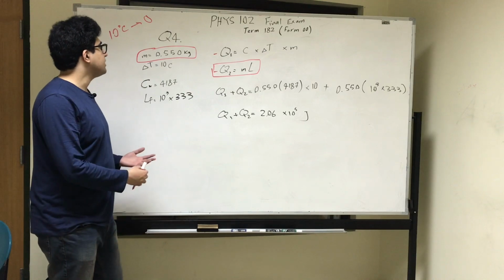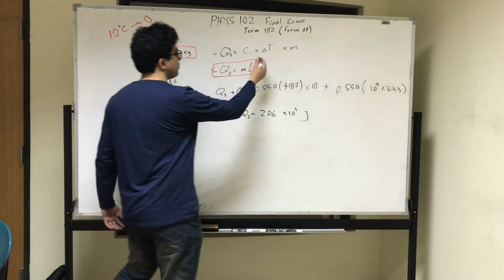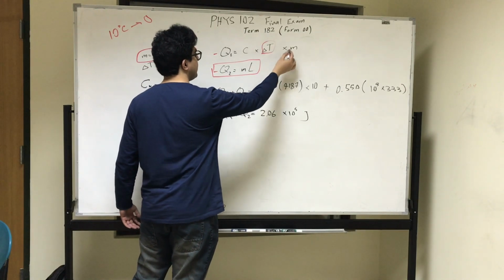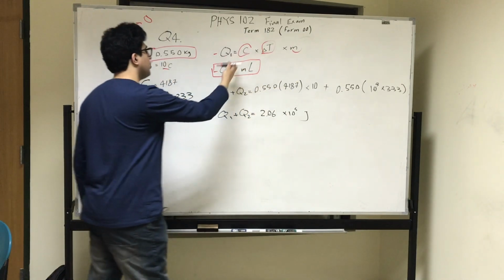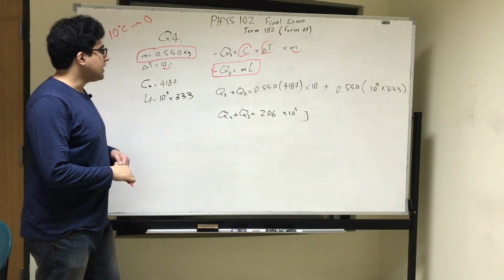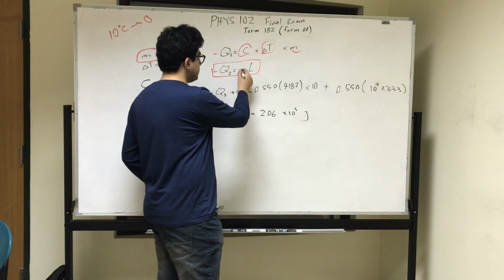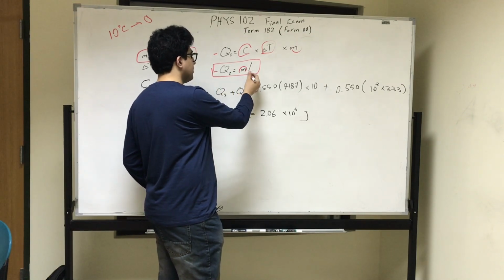So everything is given, basically. The change in temperature is 10. So we have this value, and we have the mass, and we know the specific heat of water is given in the equation sheet. And for this equation, we have the mass, which is given in the question, and we have the latent heat